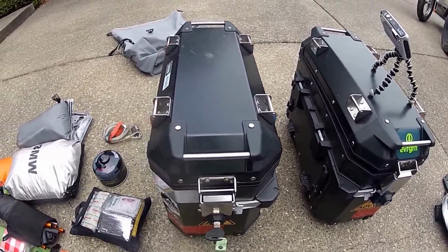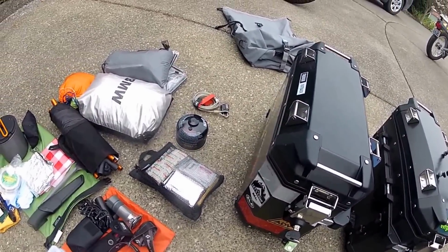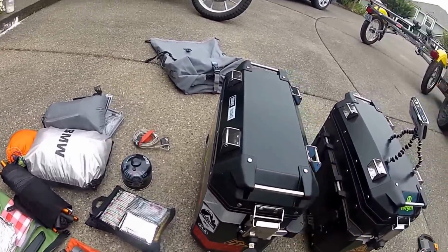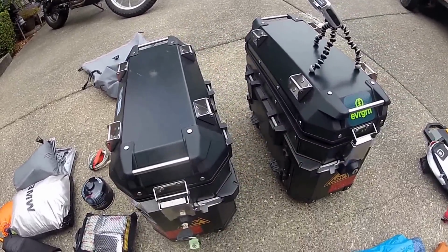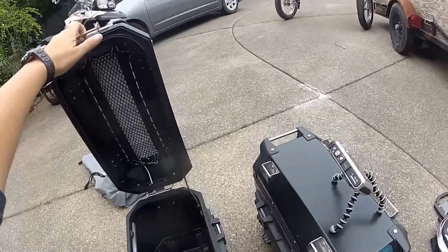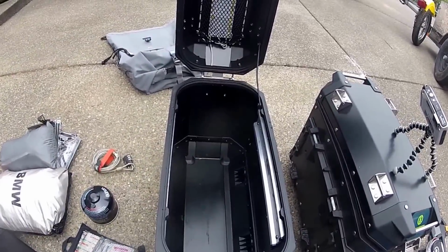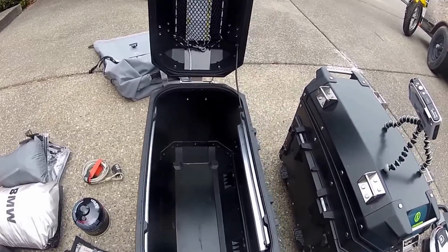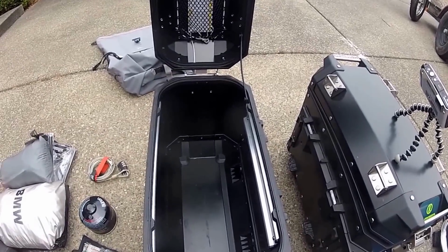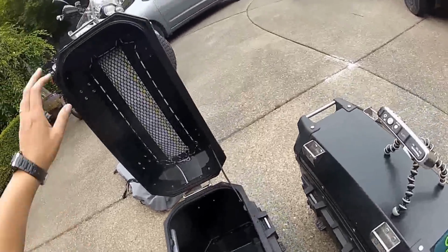The pros of it are that I think they look really, really good. They look good. It's got a great finish to it. They're lockable. They're a snap to get on and off. So it's really super roomy in there. So those are the pros. The cons are,